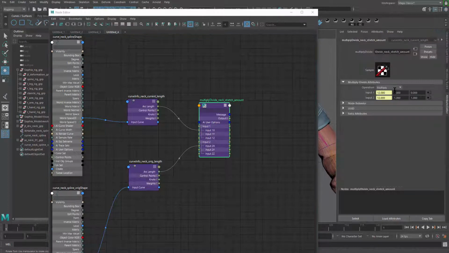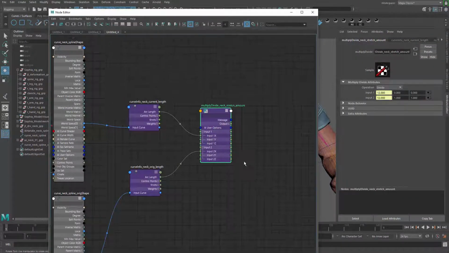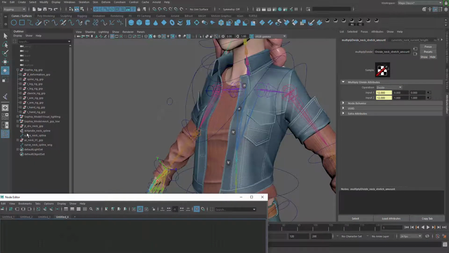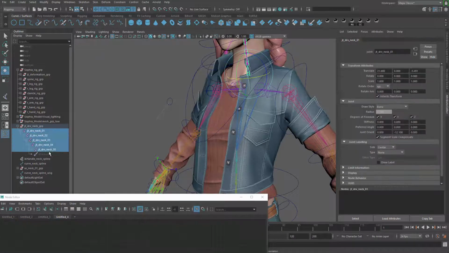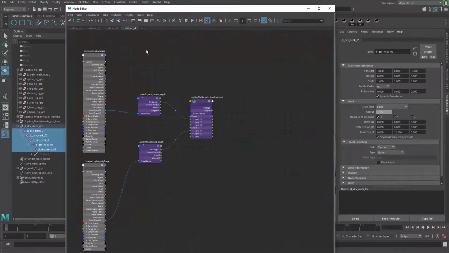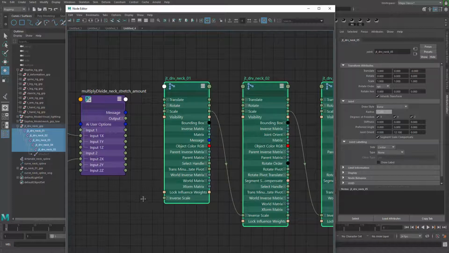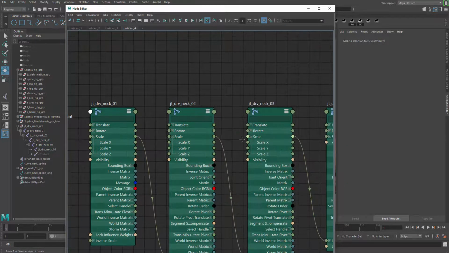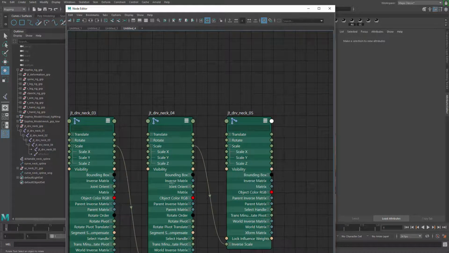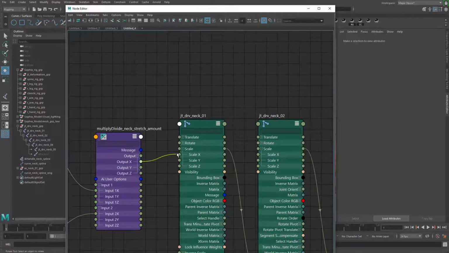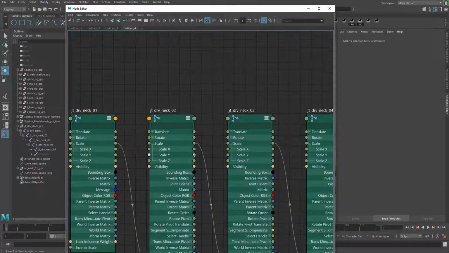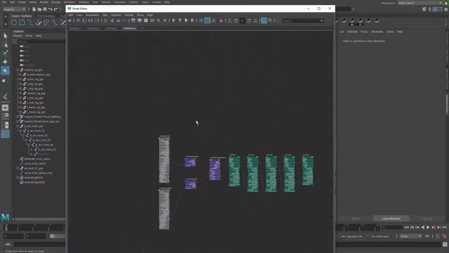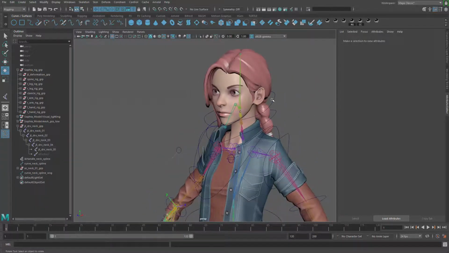The operation here will be divide, and the result goes to the scale of the driver joint, which are those ones. So let me bring those in. Alright, the output goes to the scale. Okay, that should guarantee my stretching